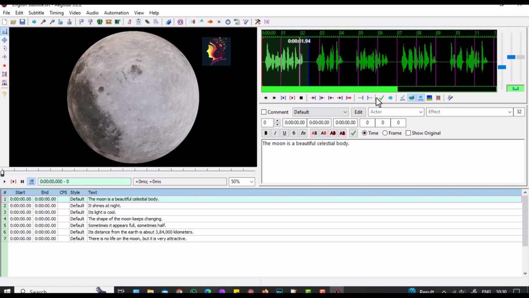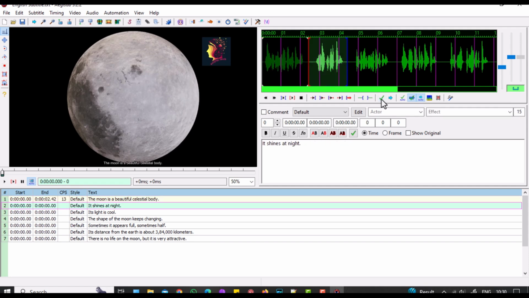Click on the green tick to put the timestamp. It automatically goes to the next part and the next line. Adjust by dragging the lines with the mouse again.